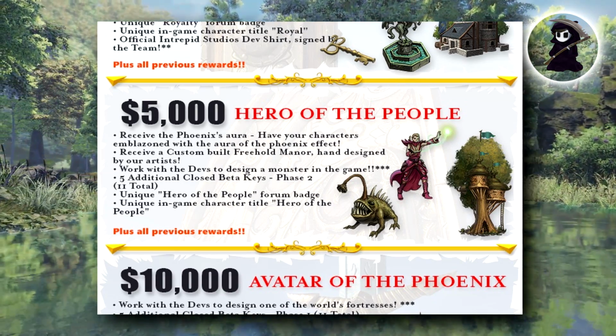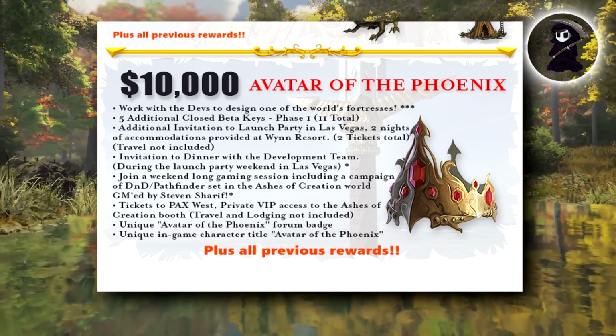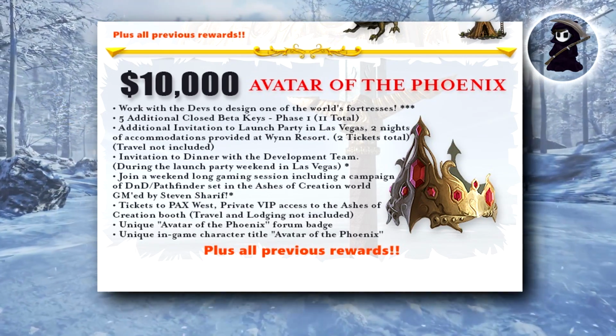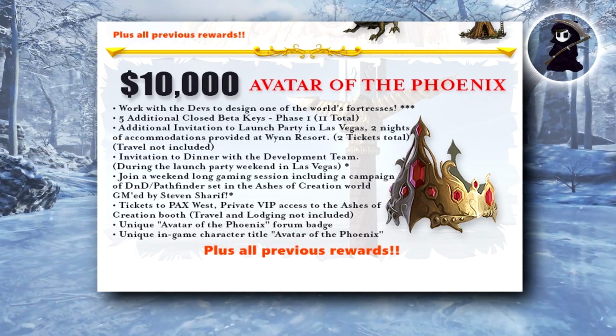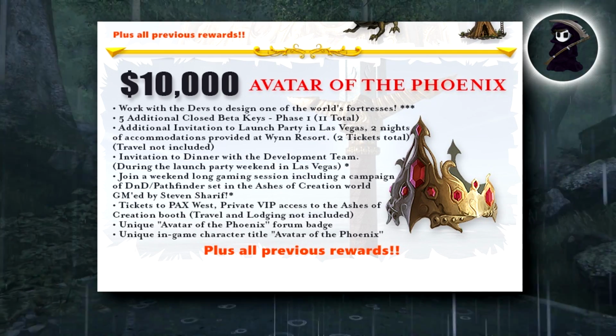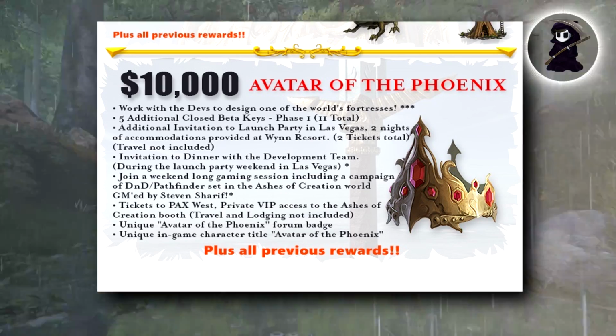And finally we have the $10,000 Avatar of the Phoenix pack. This pack contains working with the developers to design one of the world's fortresses, 5 additional phase 1 closed alpha keys, 11 in total, an additional invitation to the launch party in Las Vegas, 2 nights of accommodation provided by Wynn Resort, 2 tickets in total, although travel is still not included,